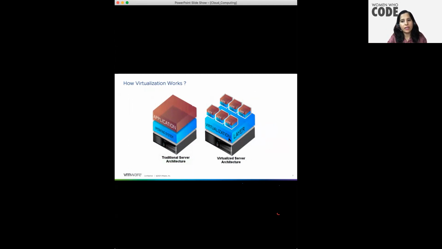Each VM will get a subset of the physical hardware. This virtualization layer provides that functionality. We call it the hypervisor layer or the abstraction layer. This is the software virtualization, which provides the logical segregation of the server. So it creates multiple servers out of one server.